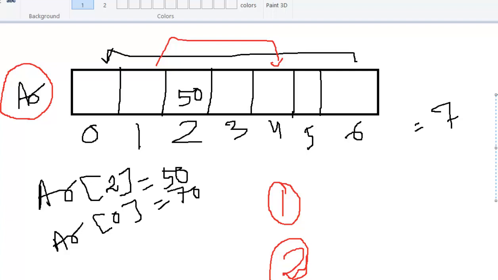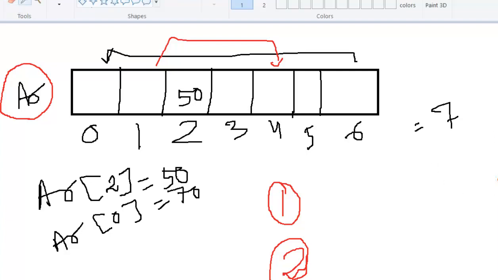Now, if I write only a, what does it mean? It means we did not initialize any value to a. It is blank, and as and when we want, we will initialize. See, this is called initialized, this is called non-initialized. So as and when we want, we can initialize.